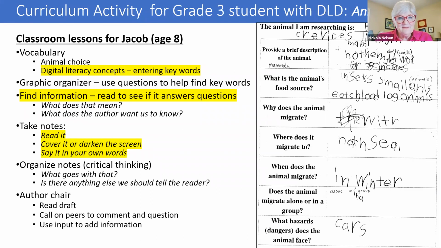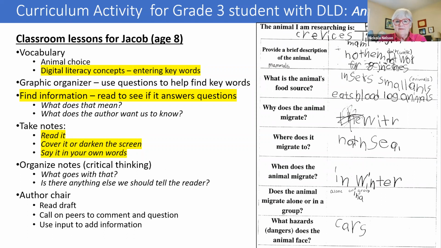Nice progress, evidence. Now I want to show you a little something about Jacob. Jacob was a third grader at this point in time. And part of the third grade curriculum in Michigan is writing reports on animals. So in preparing for this